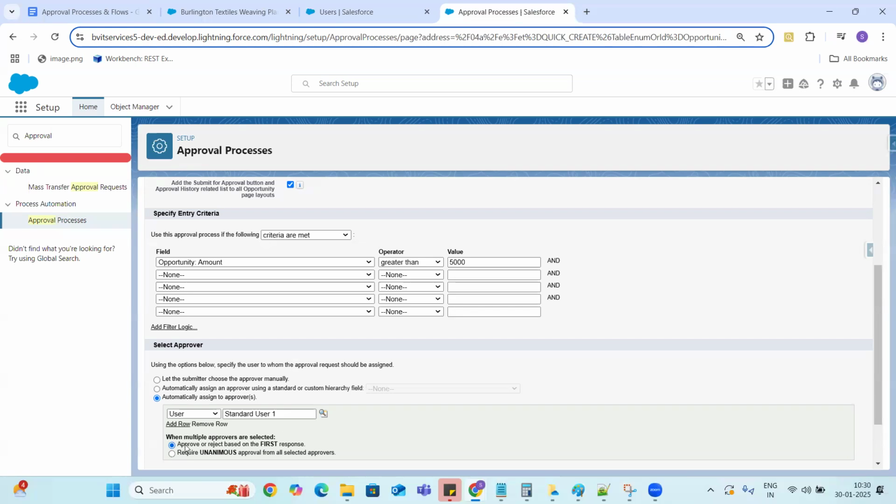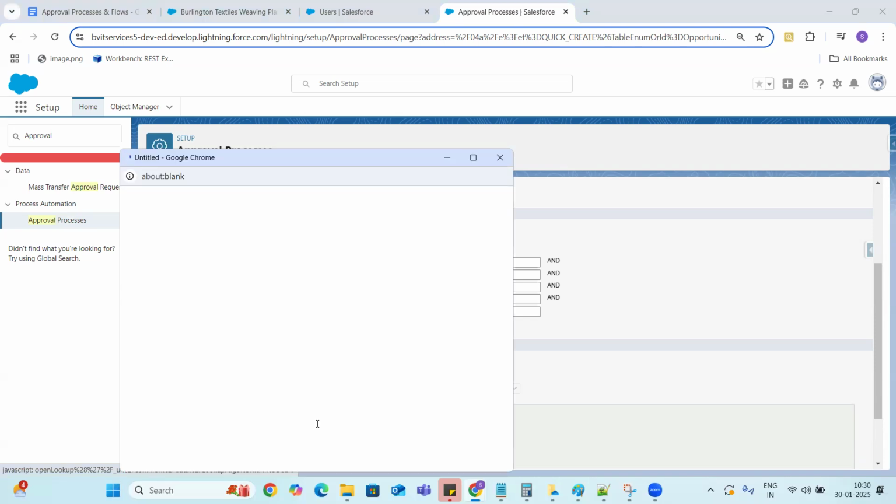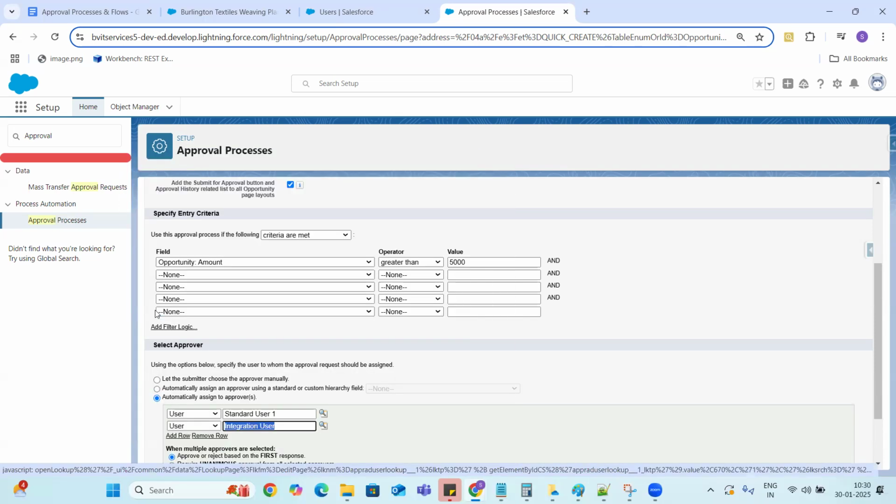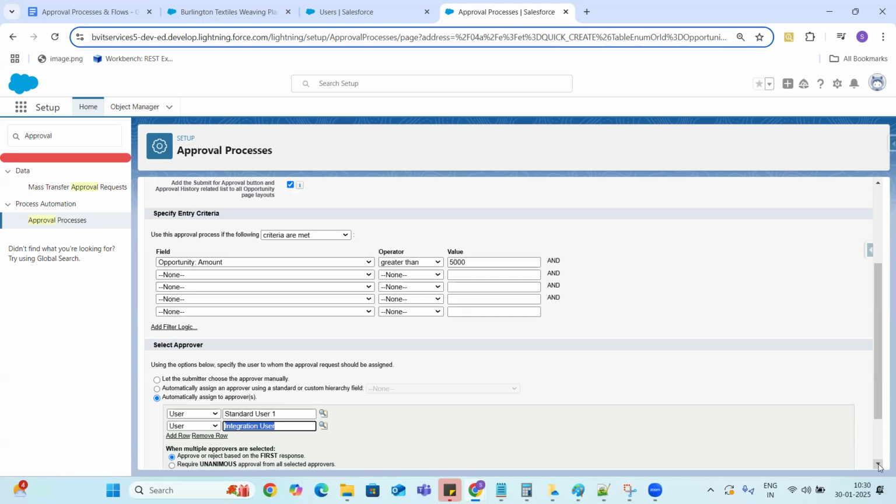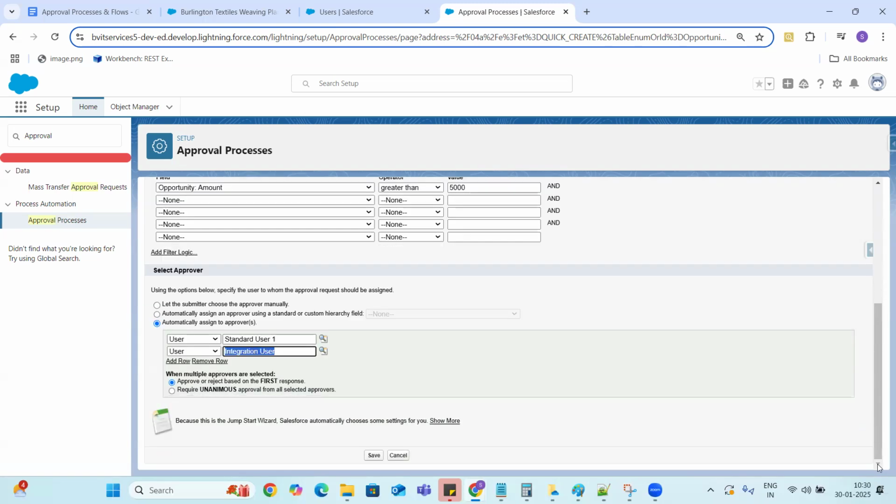Okay. And then you will be seeing some other options, right? When multiple approvers are selected. This is not just the one user that you can select. You can select multiple users from here. Okay. I've just selected. This is the case whenever you want to assign approvers, for example, you want to submit it to the finance group, or you want to submit this record, something like that. You have two users to approve.